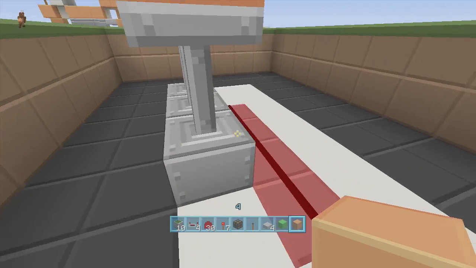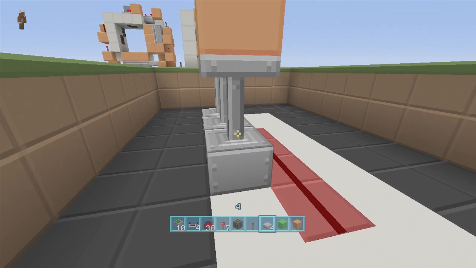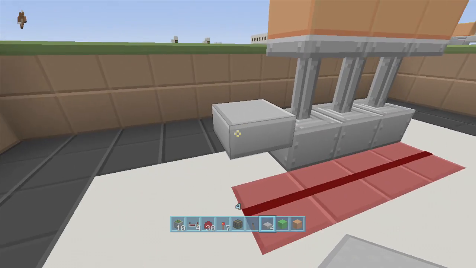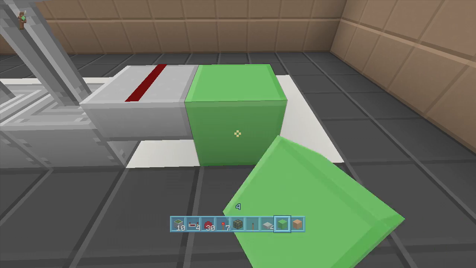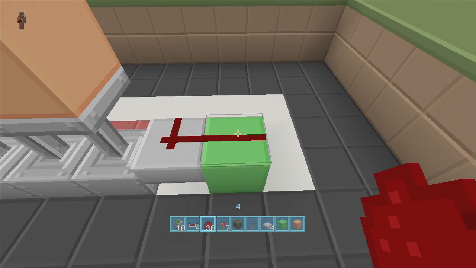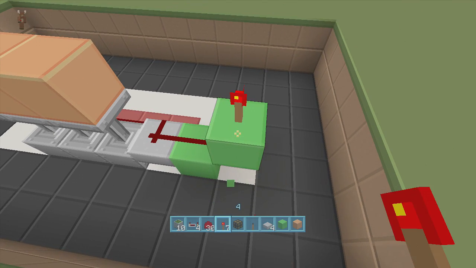Next, what we're going to do is right next to this sticky piston, we're going to put a slab upside down like so. Let me just, there we go. So put a slab upside down and put dust on top of it. Next, what you're going to do is come out next to the slab with a block with more dust on top of that, and put a block right in front of the dust with a torch on top of it,